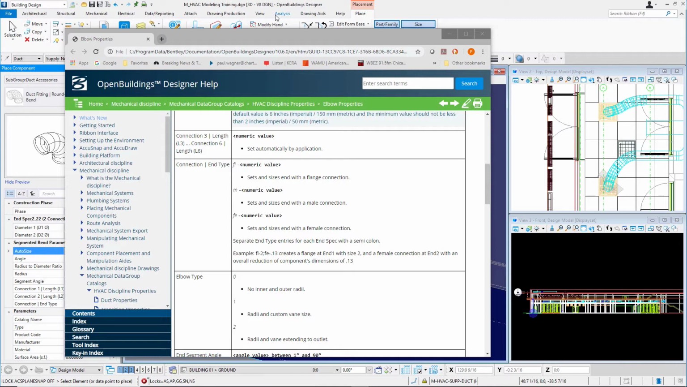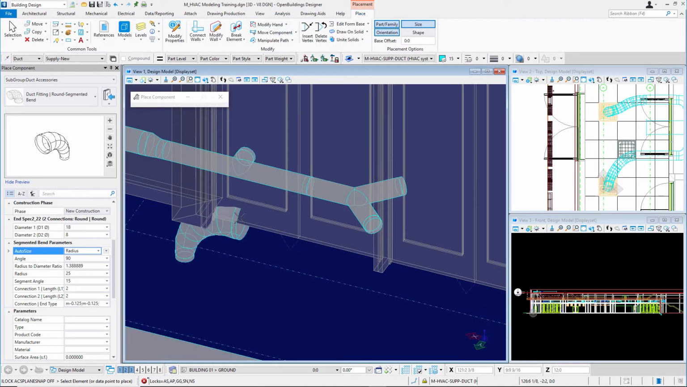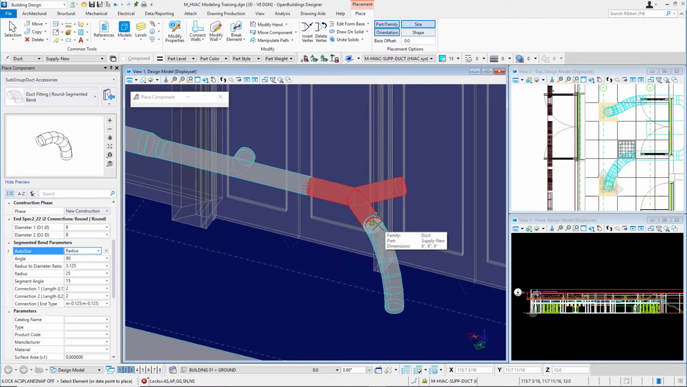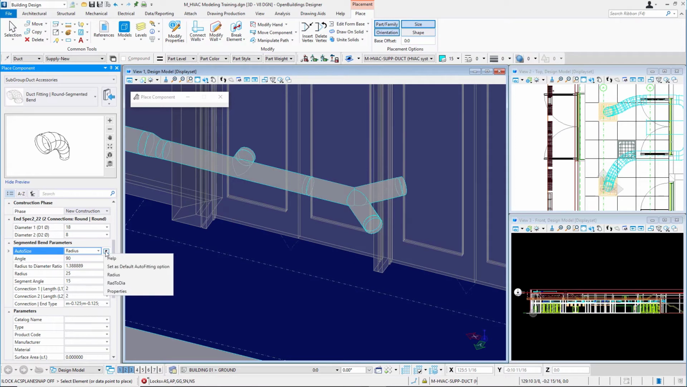So I'll just come back to the application here. You see the component there on my cursor. Remember, I've got size turned on up here, so as soon as I snap on, it will match the size of that duct that I've already got in the model. But let's take a look at these other options here. If I set this to radius,